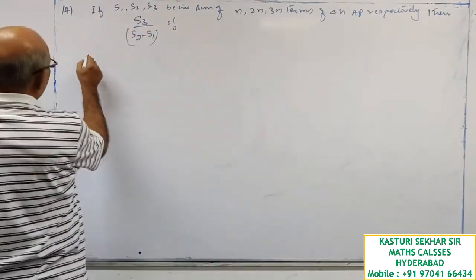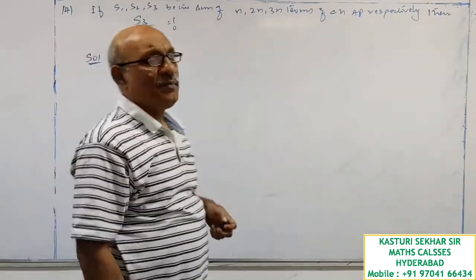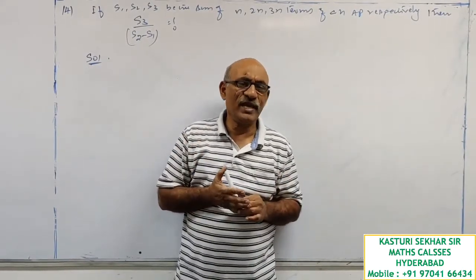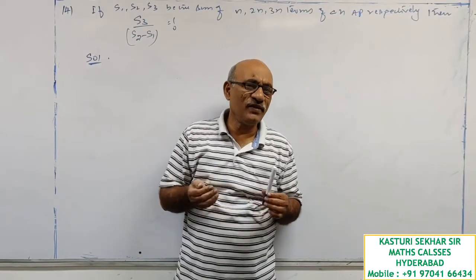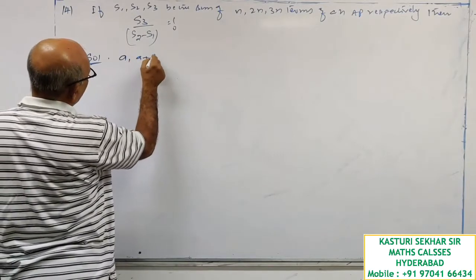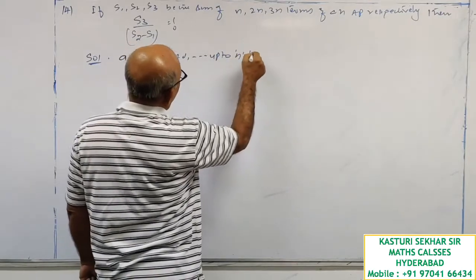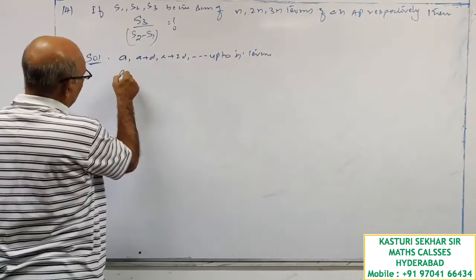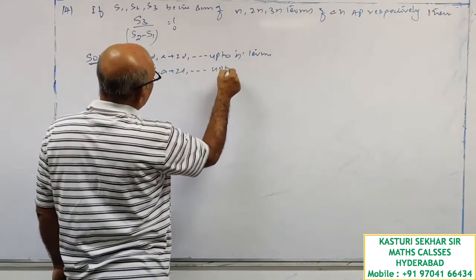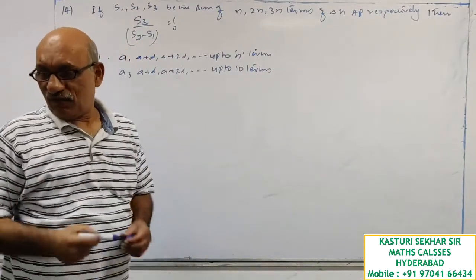Now sir, let me consider an example here to explain the meaning of the given question. There are three arithmetic progression series I have. First series is having n terms. Let us take A plus D, A plus 2D, etc. up to n terms. For the sake of your convenience, I am writing A plus D, A plus 2D, etc. up to 10 terms to avoid any type of confusion.